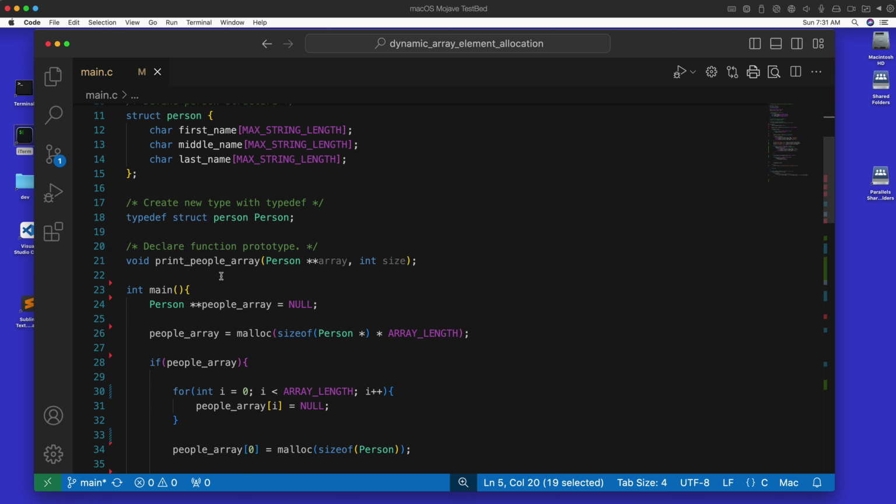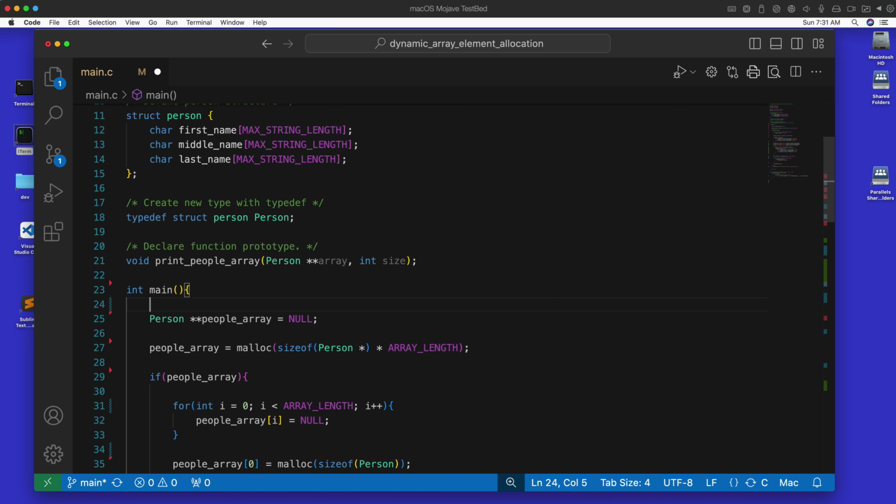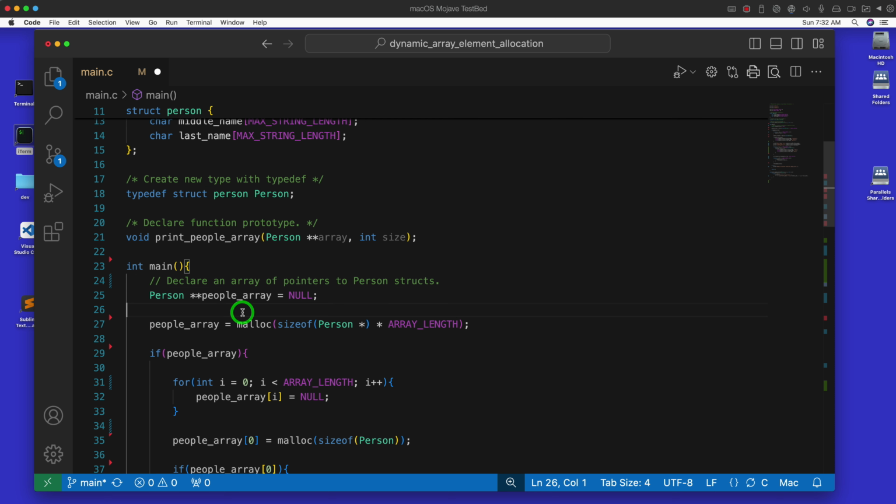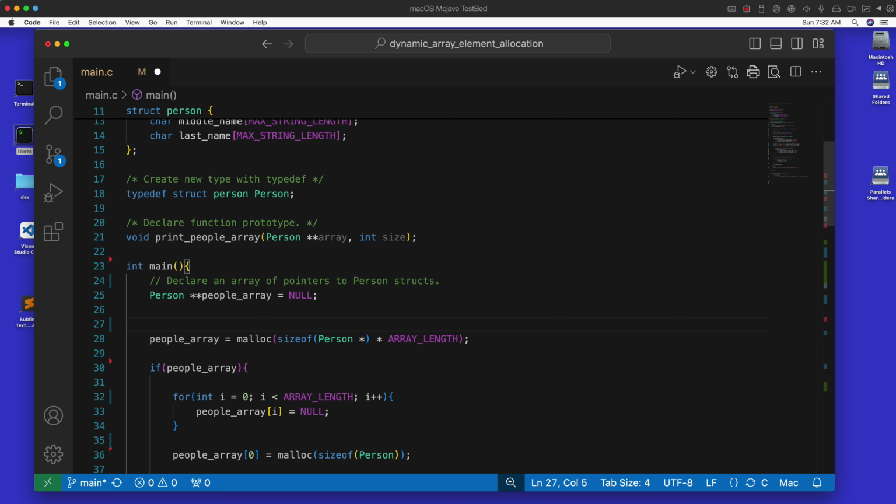All right, so on this line, I am allocating memory, right, heap space for array. Actually, I'm not allocating it here. I'm just declaring the array. So let me backstroke. So declare an array of pointers to person structures. Okay. Then on this line, I am allocate